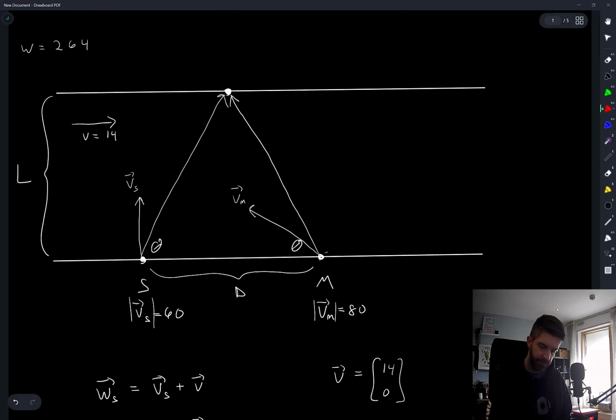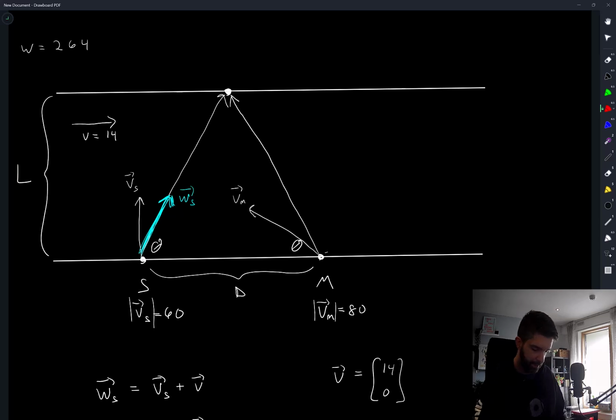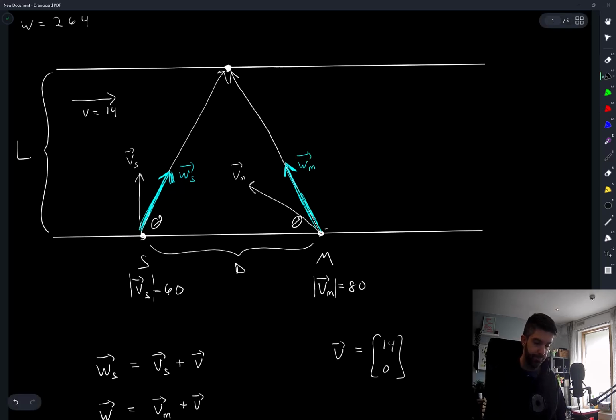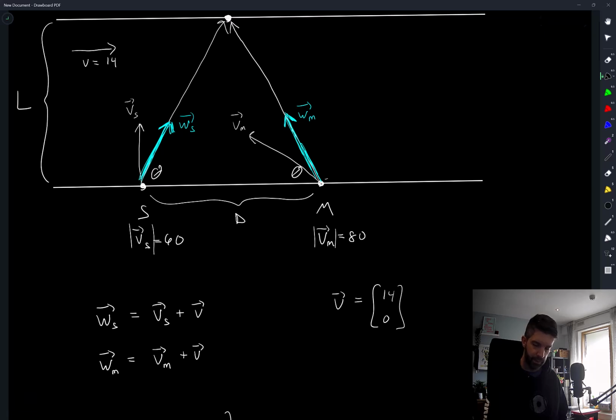Right, I'll do it in a different color here, but this is Ws, and this is Wm. Okay, so now maybe it's time to start figuring out